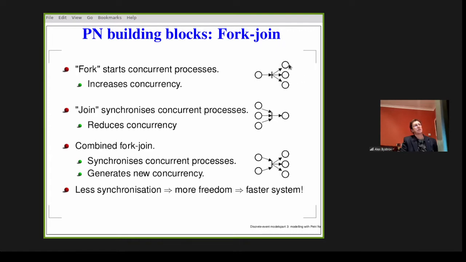And then you can attach to each of these output places a thread. And then this thread will start once the token is placed here. This will start, and this. So basically, it is an operation which starts several threads upon execution of this transition. Does it make sense? Of course, this transition cannot fire without a token here. So I'm saying that this is just a building block. To this building block, we need to connect something on the left and something on the right. That's what I mean by this model.